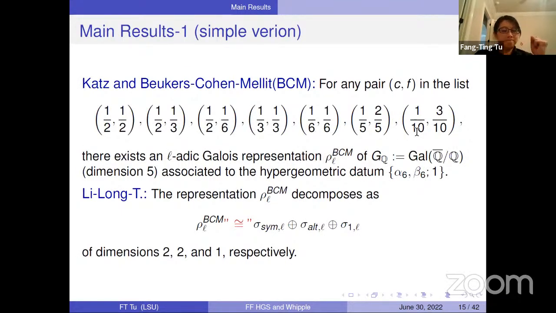Here I state a simple version of the result, but I will give a precise statement at the end of this talk. This is just to give you some picture of what the representation looks like. According to Katz and Beukers, Cohen, and Mellit, again I will call it BCM to refer to their work, from Katz and BCM we know that for these 7 pairs,